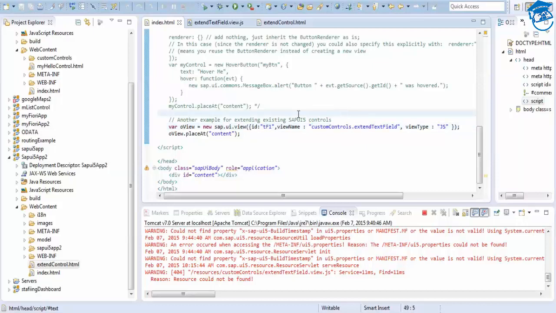So you have to load your resource. So how are you going to do it? sap.ui.loadResources, and you have to give this name, because this is not getting called.